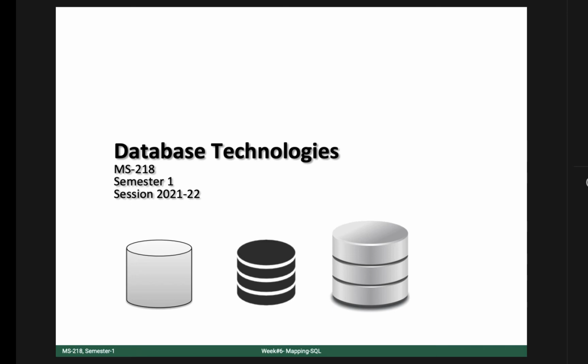So today we are going to revise our mapping sort of thing. How many of you have tried Oracle Data Modeler? Very few, right?